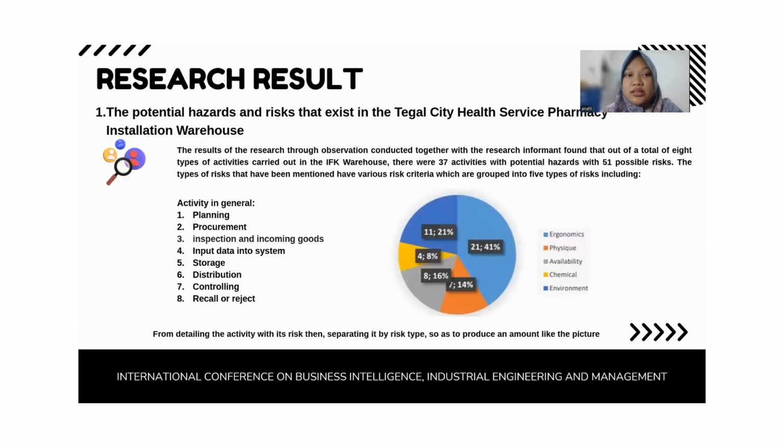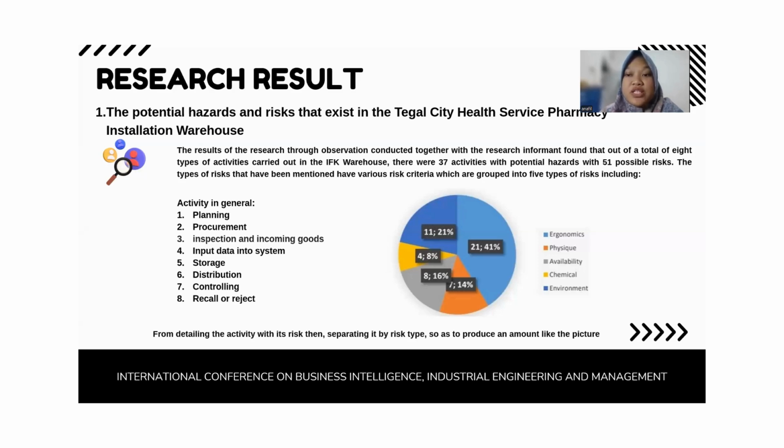Okay, the research result. This is the first focus of our research, about the potential hazards and risks that exist in the pharmacy installation warehouse. We have 8 types of activities carried out in the IFK warehouse. The 8 activities: the first is planning, the second procurement, inspection of incoming goods, then input data into the system, storage, distribution, and then controlling and recall or reject. There are 37 activities with potential hazard